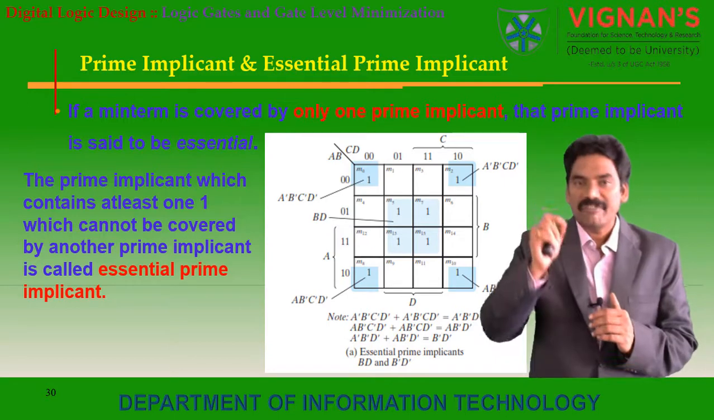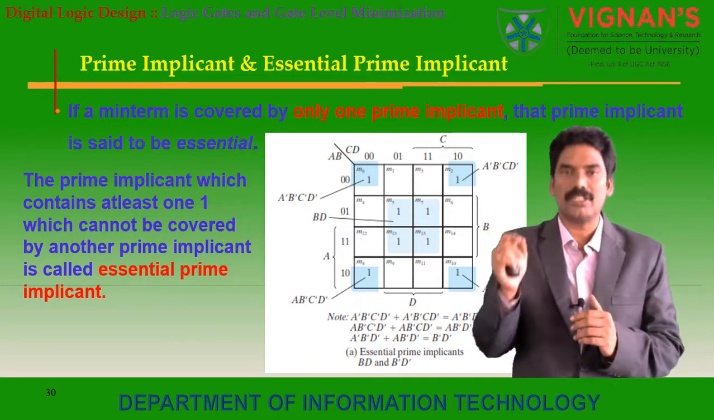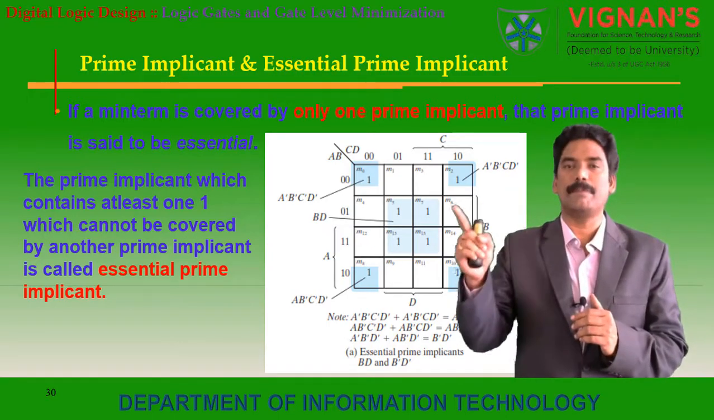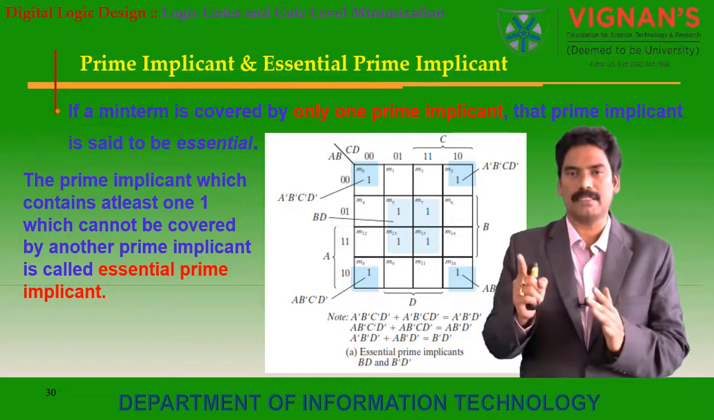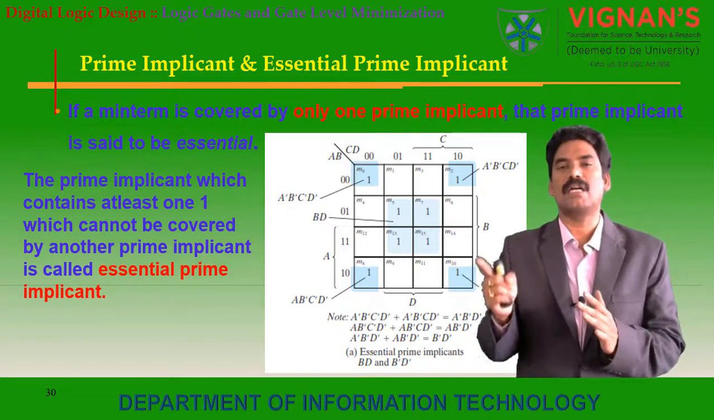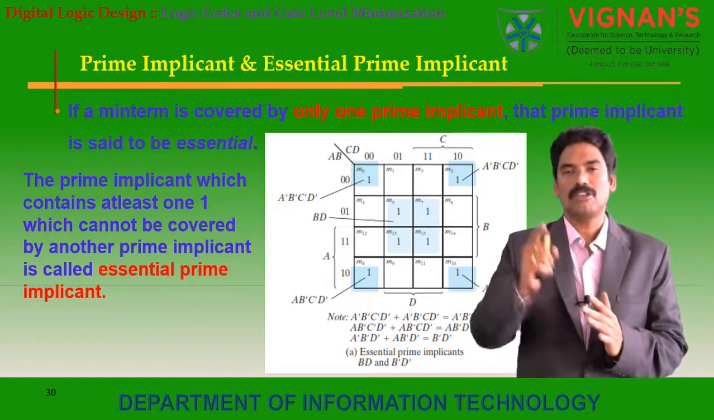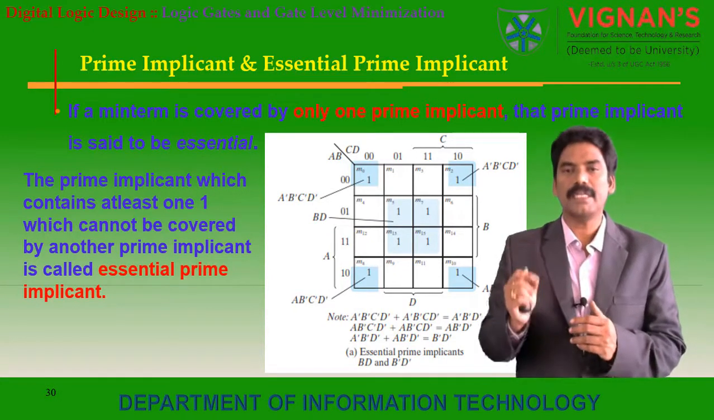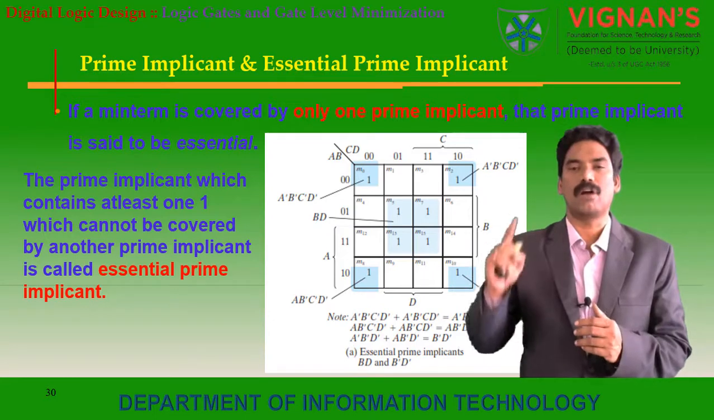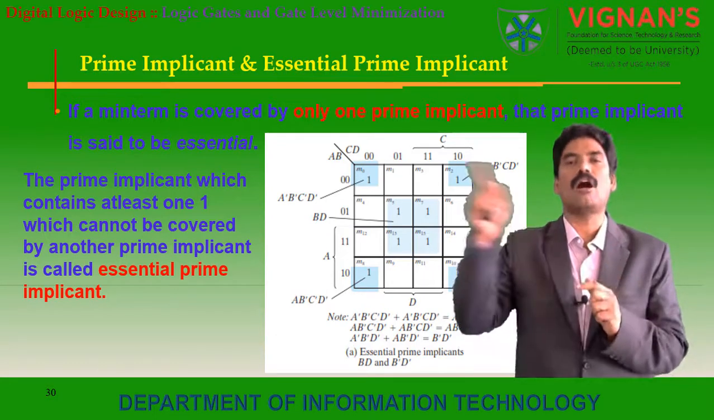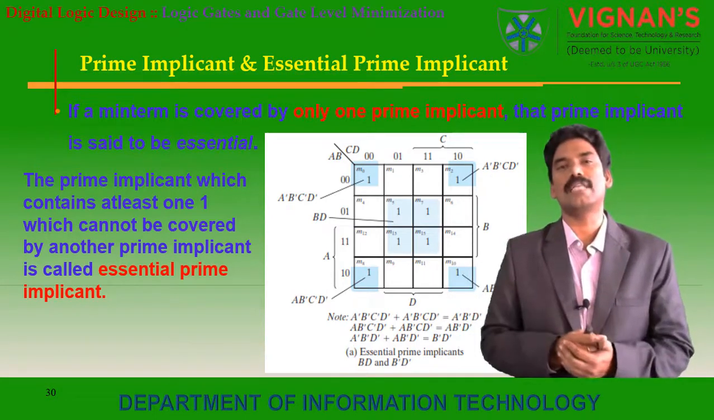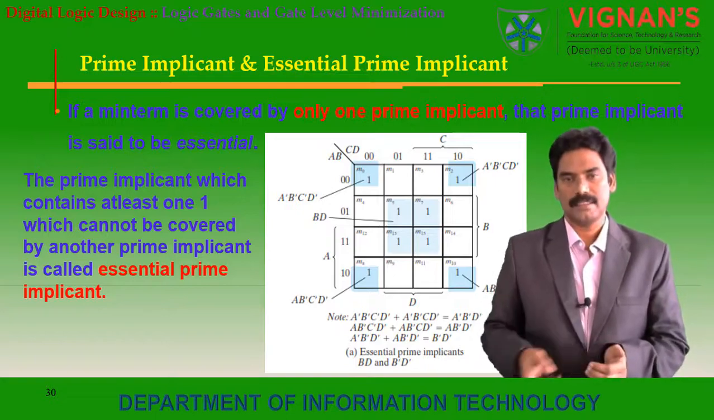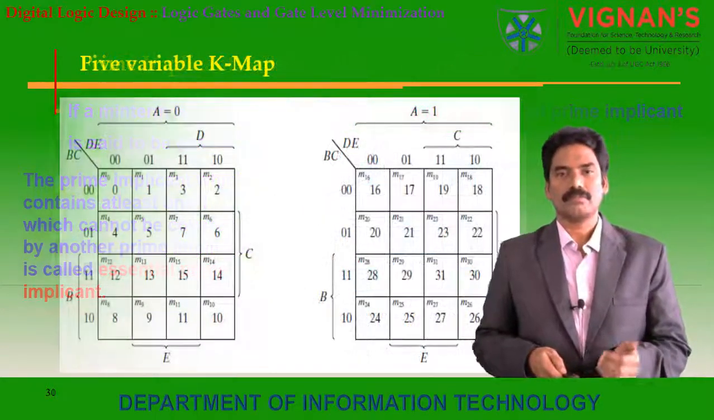Again, if a minterm is covered by only one prime implicant, that prime implicant is called an essential prime implicant. For this diagram, the essential prime implicants are BD and B bar D bar, the middle and all 4 corners. These are called essential prime implicants. Now,